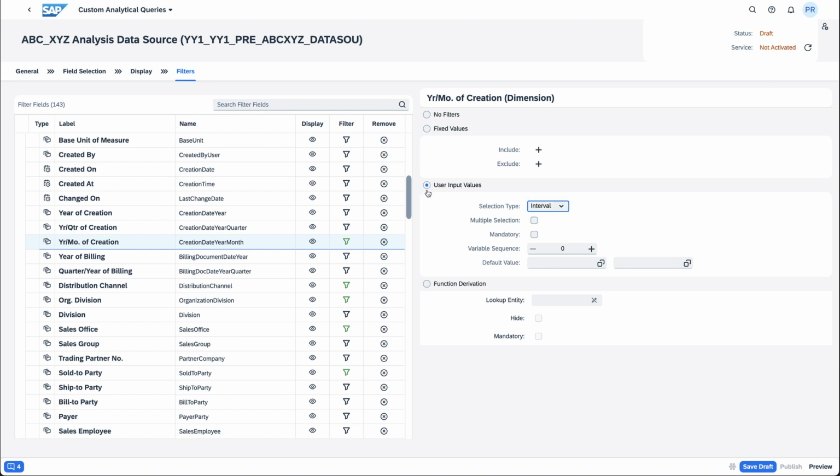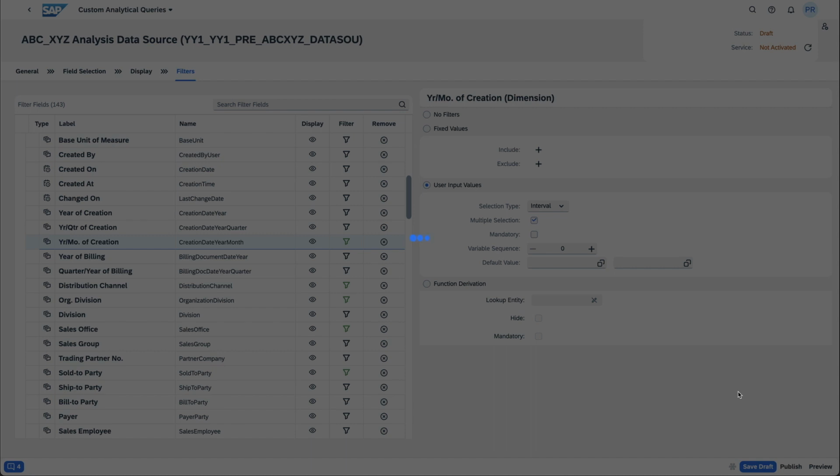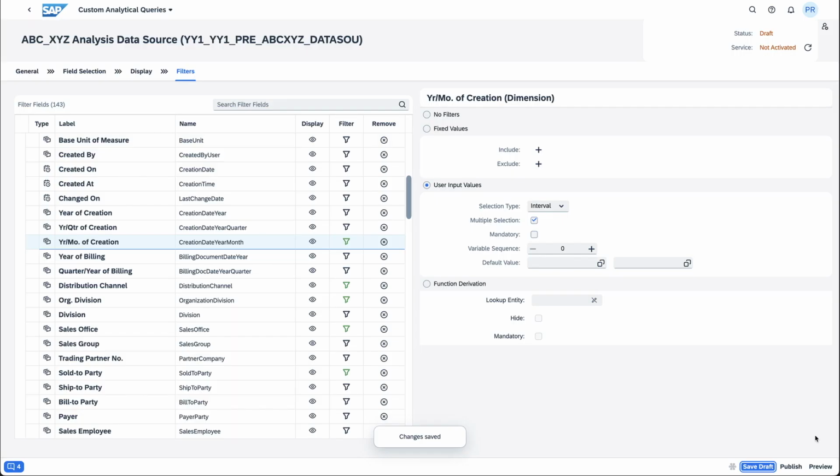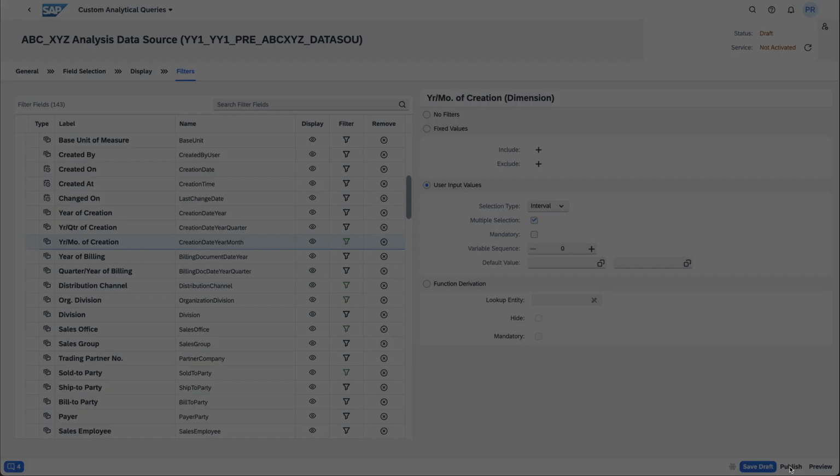So we're going to say that it's going to be a user input value, will allow multiple selections, and we're going to once again save the draft